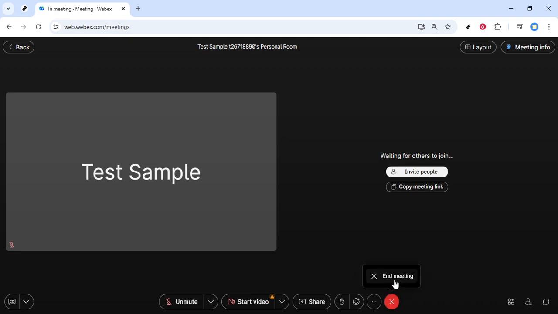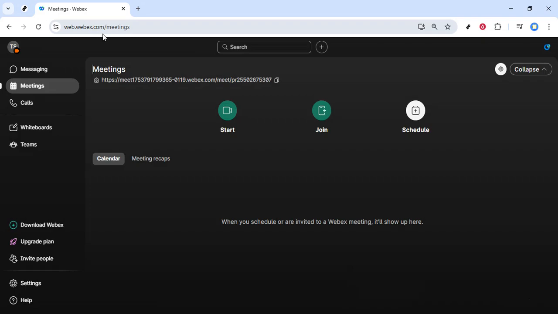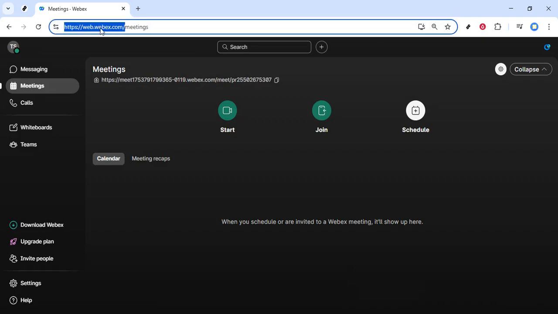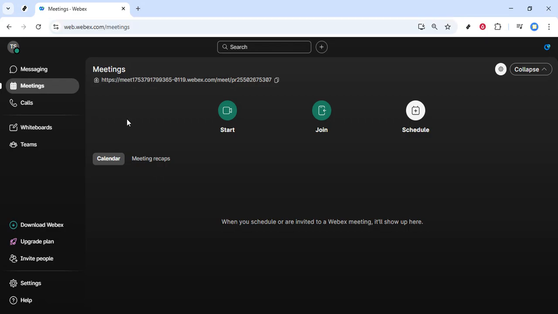Let's jump right in. First, you'll need to open your preferred web browser and navigate to webex.com. This is the main portal for managing your Webex account, so be sure you're logged into the account you wish to cancel. If you're not already logged in, you'll need to enter your credentials, that's your email and password associated